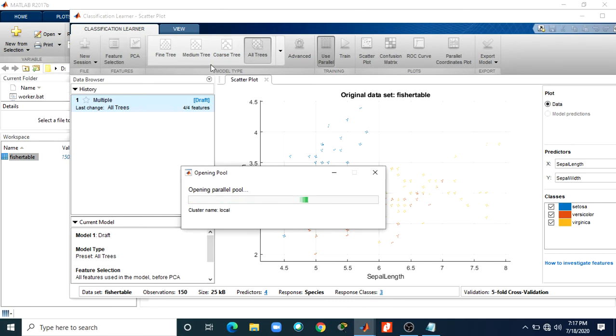If I choose any one tree model, the output comes quickly. Then we are choosing the all trees format, so the training takes so much time.